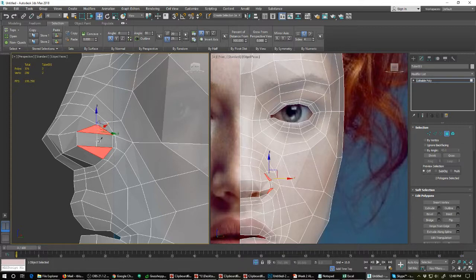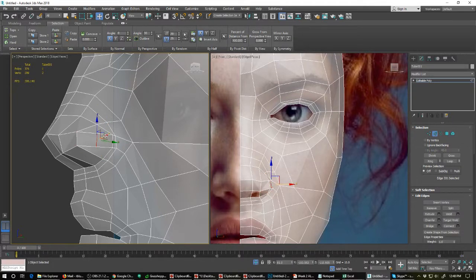So we cut that here, and let's go back to edge mode, and let's pull that out. And then grab this, and let's pull that in, and let's go back a little bit,